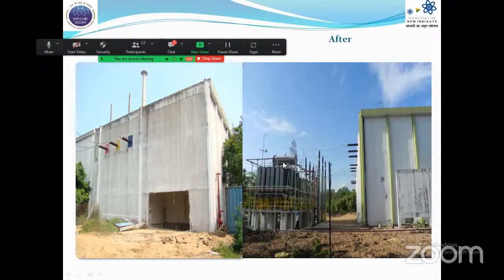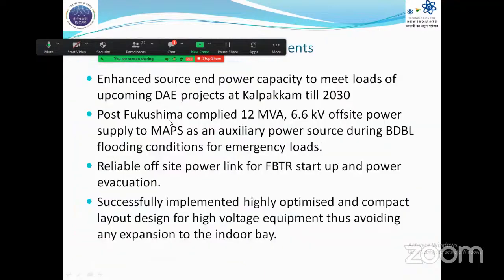So because of this project, what we achieved is the major achievements that enhanced source and power capacity to meet loads of upcoming DAE projects at IGCAR and Kalpakkam till 2030. Then post Fukushima compliant 12 MVA 6.6 kV offsite power supply to MAPS is achieved as an auxiliary power source during BDBL flooding conditions for emergency loads, and reliable offsite power link for FBTR startup and power evacuation, and successfully